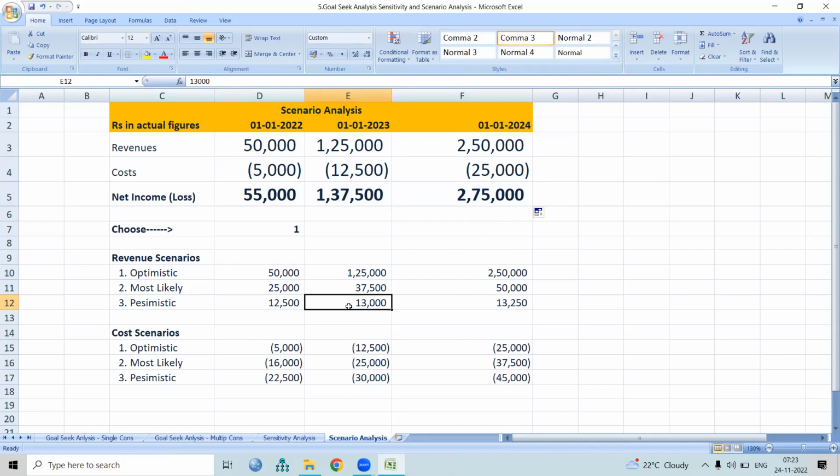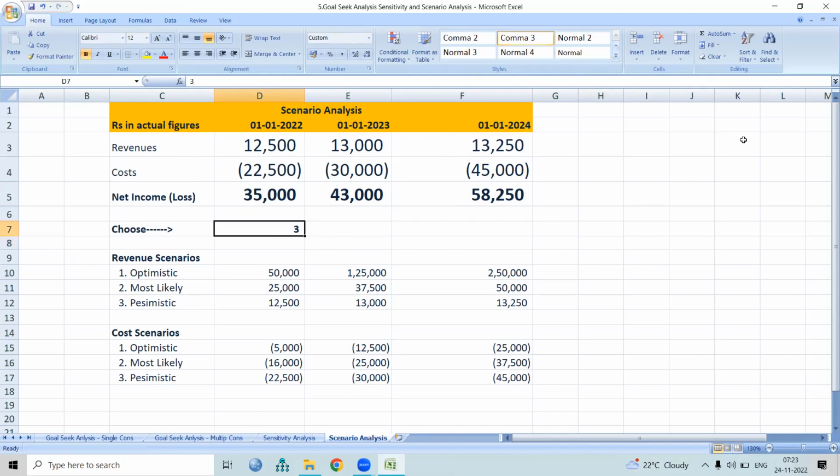Now, if you want it for a different situation, let's say for most likely, we can just change the value here. So what is most likely? Number 2, right? Just press number 2. Automatically, the revenue, cost, and net income change. The revenue, cost, and net income appear as per the most likely case. If we are predicting the financial parameters for a pessimistic case, then let's put number 3. Can you see here? The minimum revenue, maximum cost, and the net income come